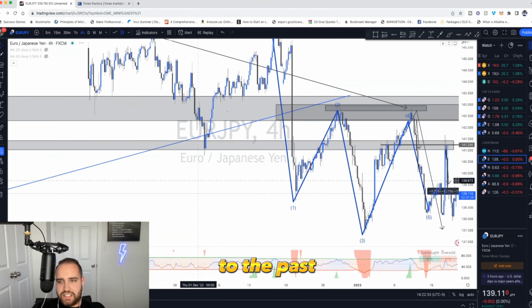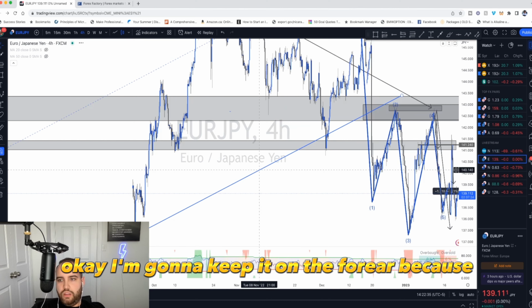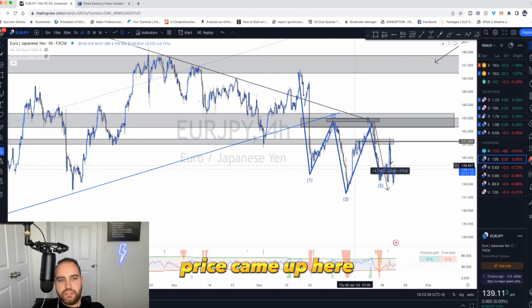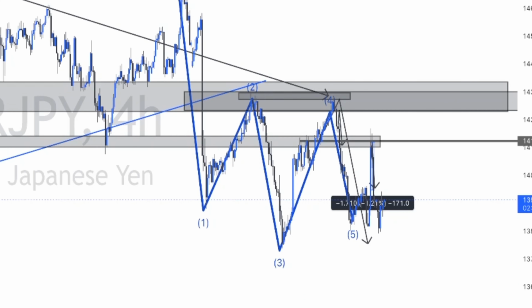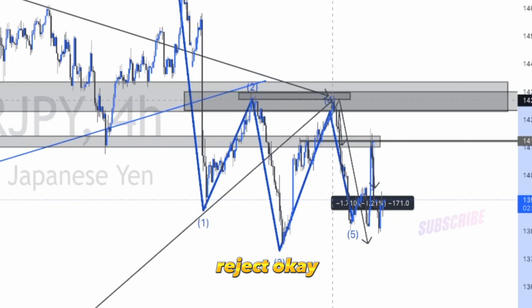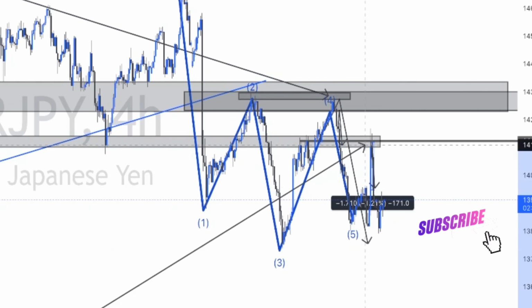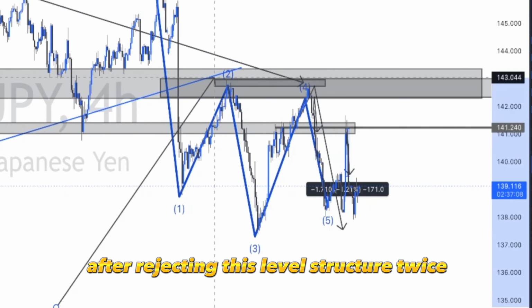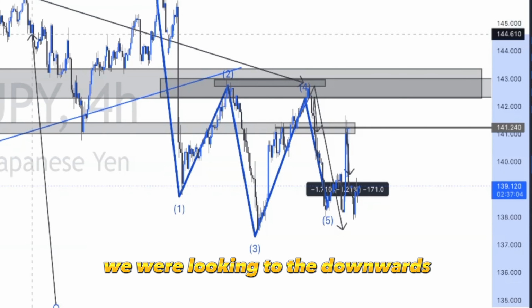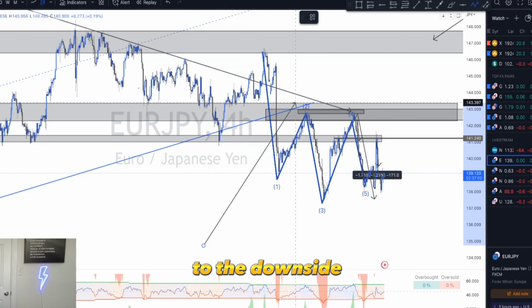And if we look to the past, I'm going to keep it on the 4-hour because I want you guys to see exactly what I'm talking about. Price came up here, okay? This is where I saw the trade opportunity. I saw price previously break above, reject, previously break above, reject, okay? And then price was coming back up, but I knew that after rejecting this level structure twice, and we knew that on the daily we were looking at downwards momentum to the downside,